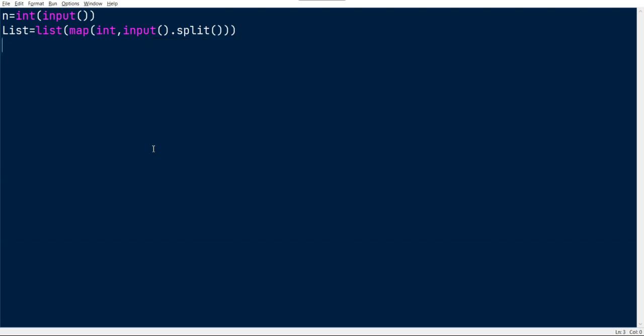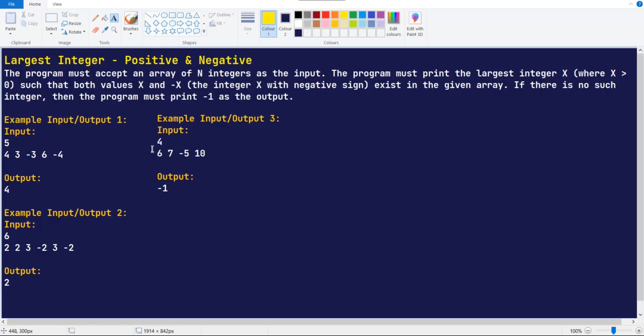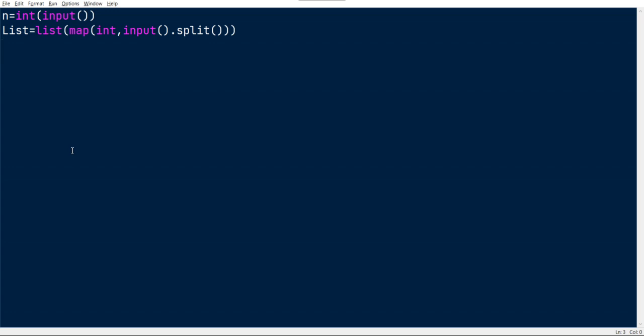So now we have the list value, right? Instead of iterating over all the values, I'm just going to pick the positive ones and check if each has a negative value. So go for it. Positive